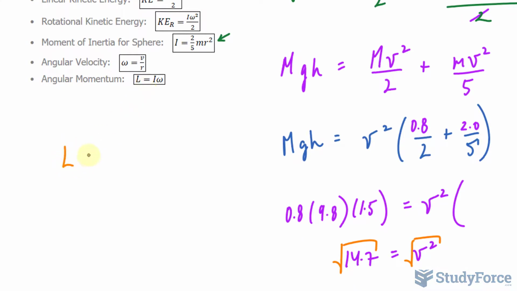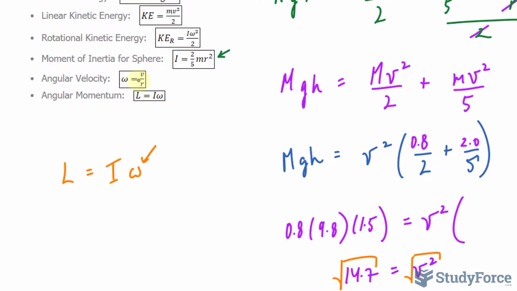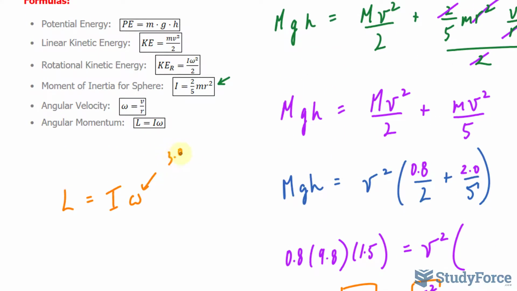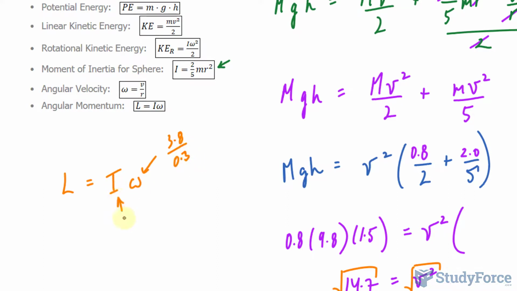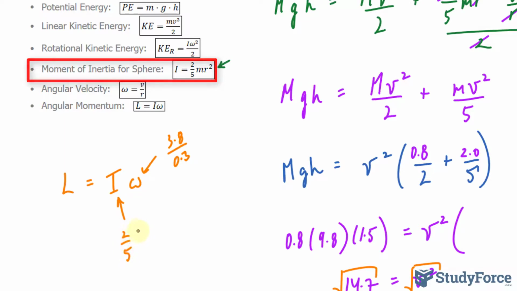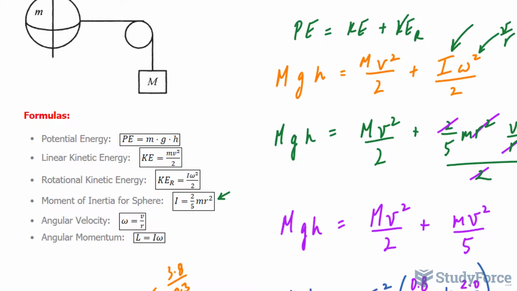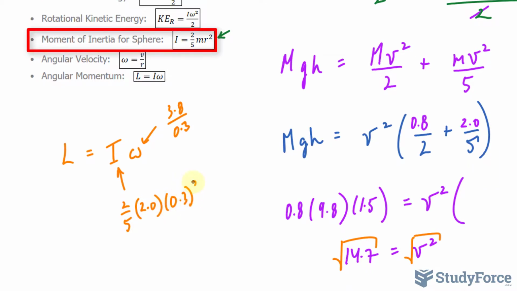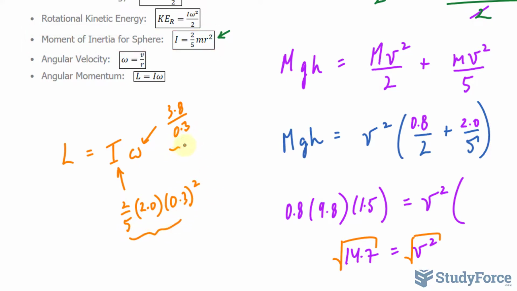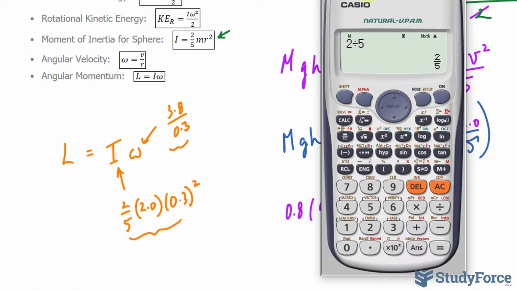The angular momentum is represented as L is equal to I for moment of inertia times the angular velocity. That shouldn't be hard. Angular velocity is v, and we found it already to be 3.8 over the radius. The radius is given as 0.3. So we'll divide those out and then multiply it by the moment of inertia, which was 2 over 5 times the mass of the sphere. That's 2.0. And the radius of the sphere is 0.3 to the power of 2. So this gets multiplied to that. Let's see what happens. 2 over 5 times 2 times 0.3 to the power of 2 times 3.8 over 0.3. And we end up with an angular momentum of